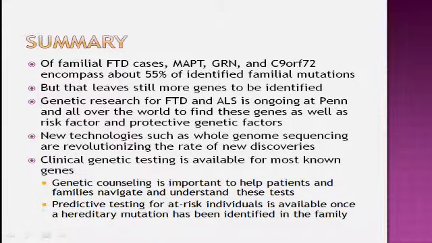Something that's completely revolutionizing how we obtain information and the amount of information is whole genome sequencing. It's now possible to sequence an individual's entire genome. It's getting less and less expensive. They talk about the $1,000 genome. We're not quite there yet, but I am sure it will be soon, and that's going to change our ability to look for mutations in many genes at the same time and make it more cost-effective.